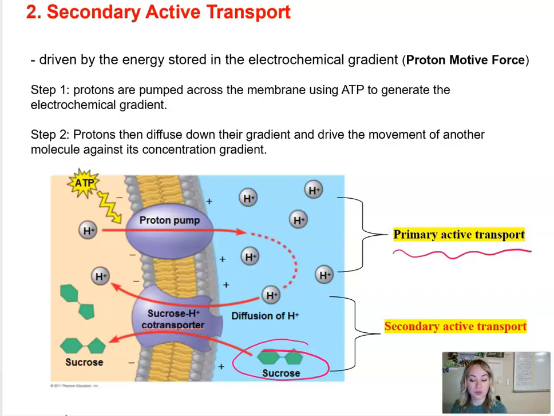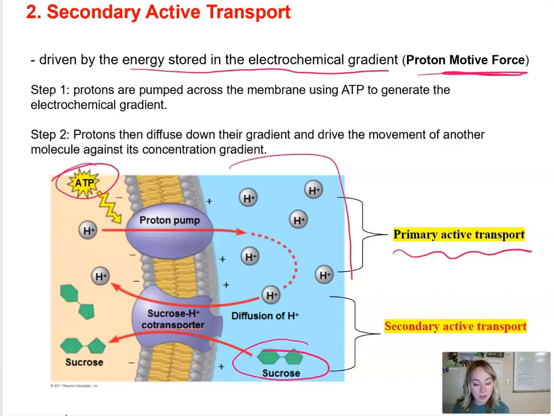Secondary active transport is driven by the energy stored in the electrochemical gradient. We can call that electrochemical gradient the proton motive force. We actually have to generate the proton motive force first in order for the secondary active transport to take place. So what happens here is this proton pump is utilizing ATP, hydrolyzing it, to actively move hydrogen across the membrane. And you can see we accumulate this high concentration gradient of hydrogens on the other side of the membrane. And then they diffuse through another protein. And as they're diffusing,